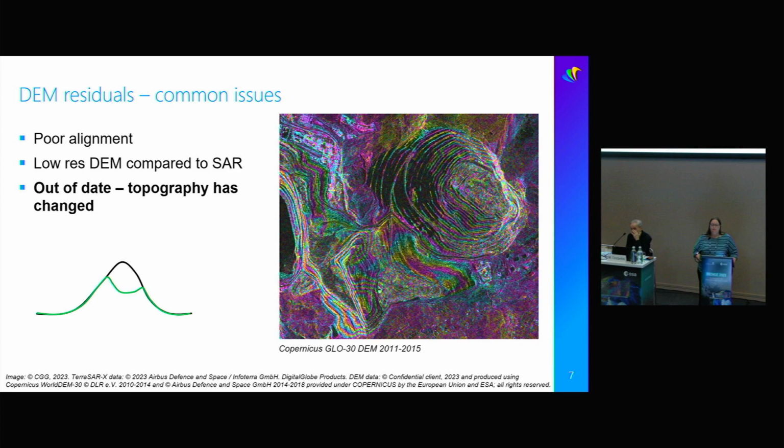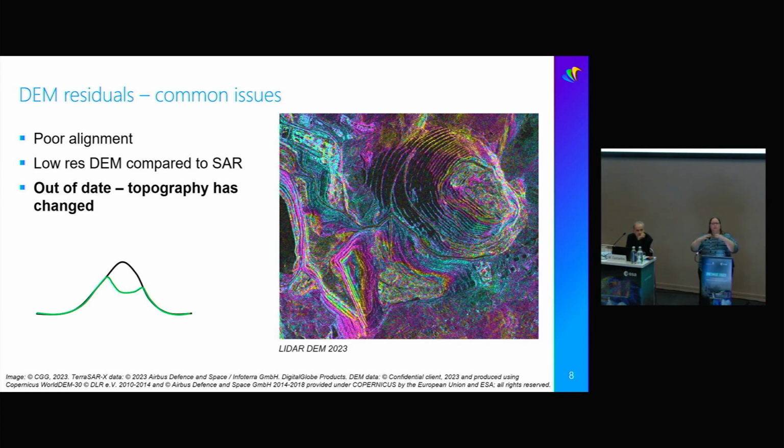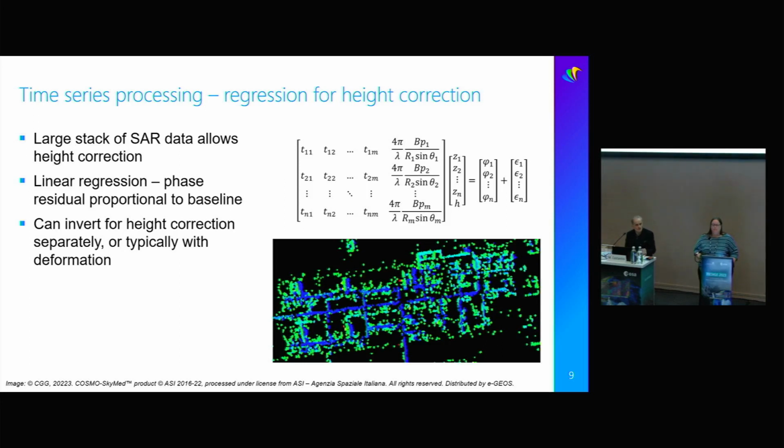If I reprocess that with a higher resolution recent DEM, you can see that most of that signal disappears. The waste piles, the fringes you see on the waste piles start matching their topography. There has been a little bit of change since even this up-to-date DEM was made. Some of those fringes are actual deformation because those waste piles have uncompacted material which then sinks over time. But you get a really good improvement in your quality by trying to use proper up-to-date DEM data.